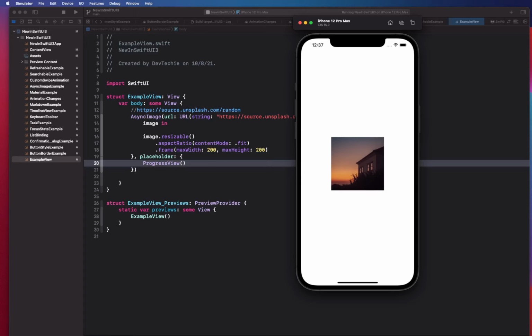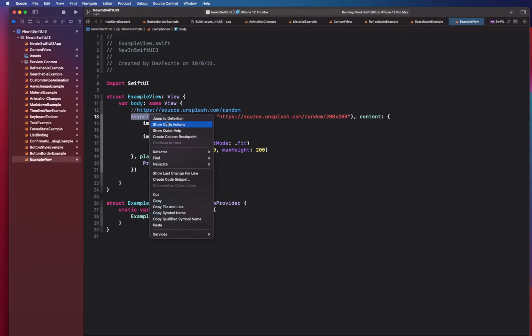So AsyncImage itself comes with various different phases. Okay, and this is called AsyncImage phase. So if you need more control over various loading phases for the image, then we can use another initializer that includes AsyncImage phase. Now, the initializer with AsyncImage phase gives you more control over the views and lets you take action when the image is yet to load, loaded, or fails to load. An init signature looks something like,